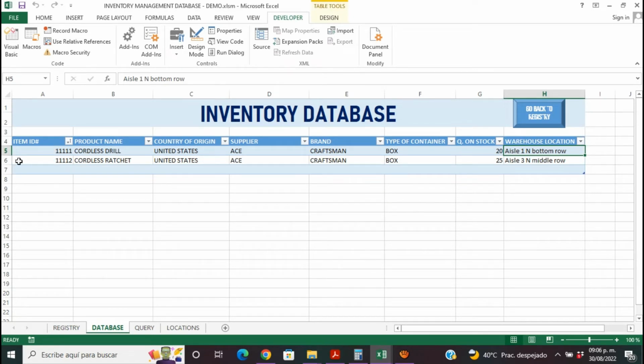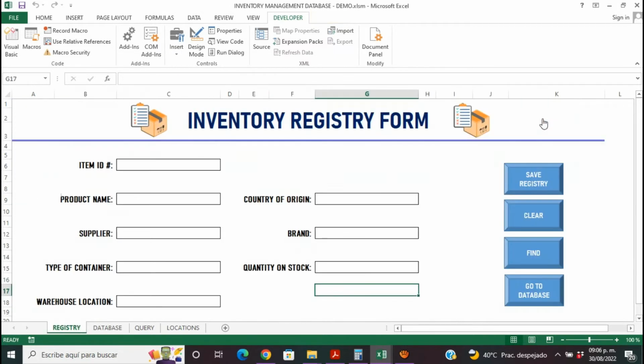It's stored numerically because this number is greater than the first one, and different item ID, different product name, and you can see here it is stored somewhere else. So let's go back here. So it worked, and now we can store our data. We can use our form to store our data. The next step